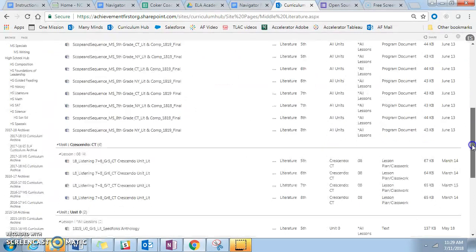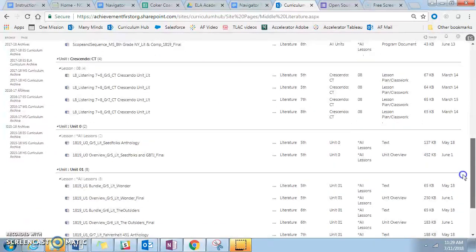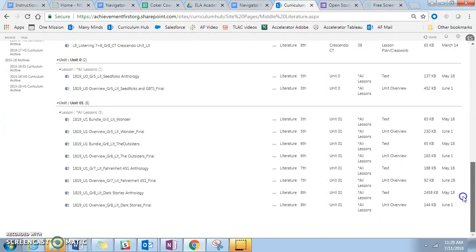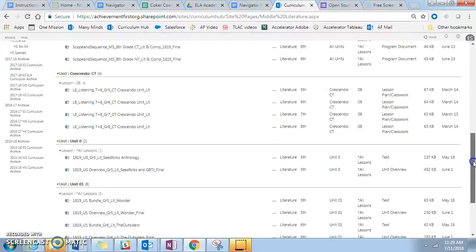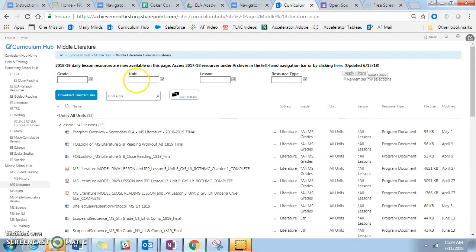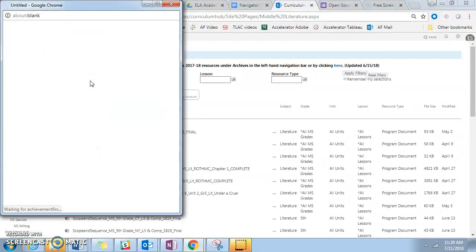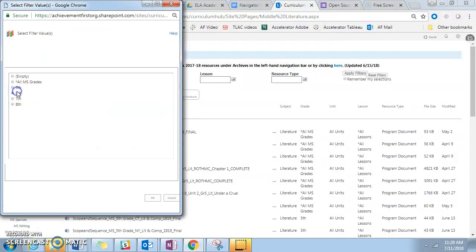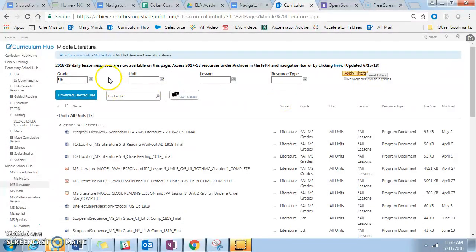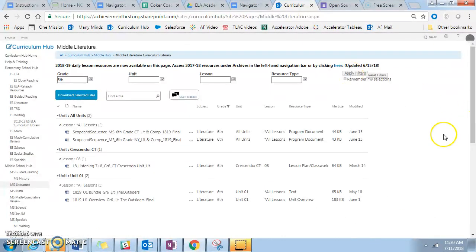Another note that's important is that once you log into any of these subsites for a content area or grade level, everything is going to be listed all at once. If you want to sort, you can go ahead up here in the sorting section and you can pick, for example, a grade level. Very important that once you pick a grade level or any of these filters, you do actually need to click this button, Apply Filters, to populate. Otherwise, it doesn't. So make sure that you do click this Apply Filters button so that you can get into materials specific to that grade level or that unit that you're looking for.